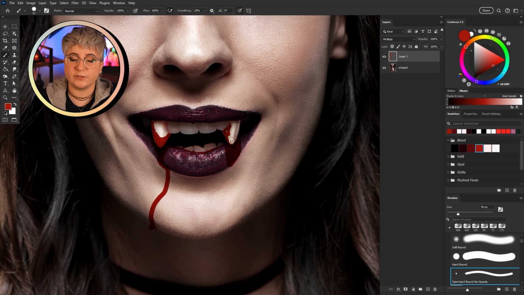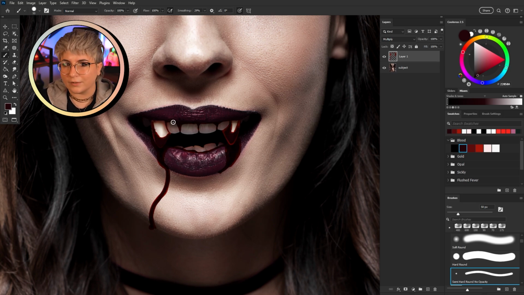Don't be afraid of simple shapes. I love a simple drop effect. And looking at references is always a great idea if you don't mind the sight of blood. A quick tip, the darker the blood, the thicker it's going to look. I personally like a really dark, thick looking blood.